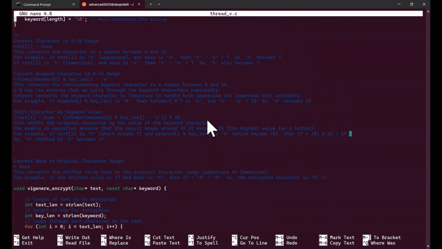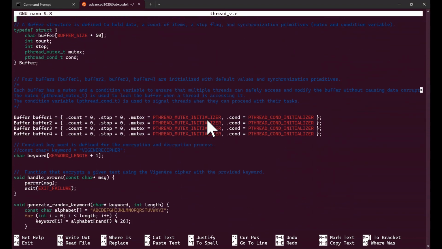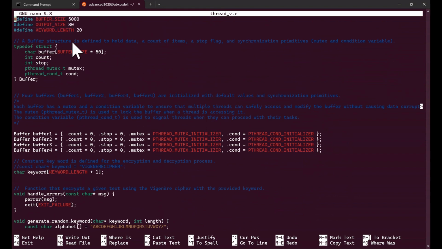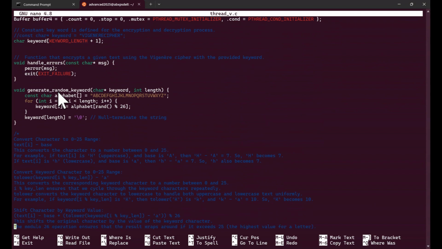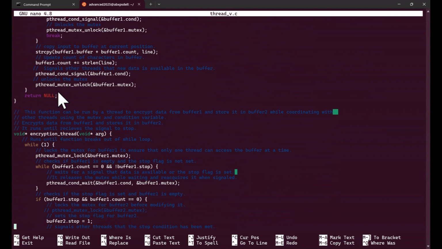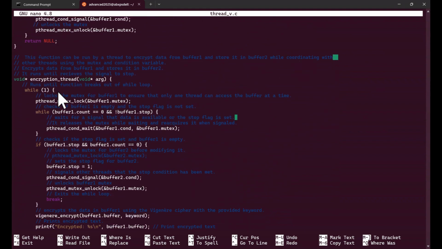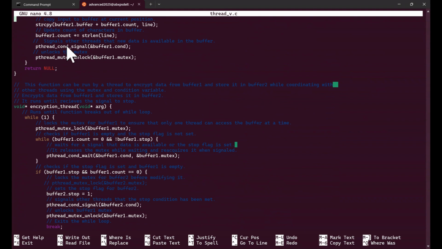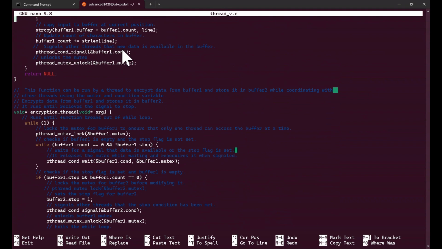We'll go over this buffer struct again. This struct here has a count, and there's the stop. That's why I created this struct. It's going to have these attributes like count, stop, and buffer size. You could change the buffer size. I'm just demonstrating threads, so when you have these attributes,